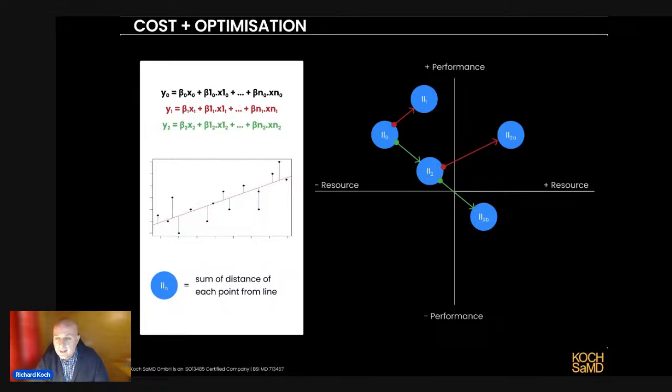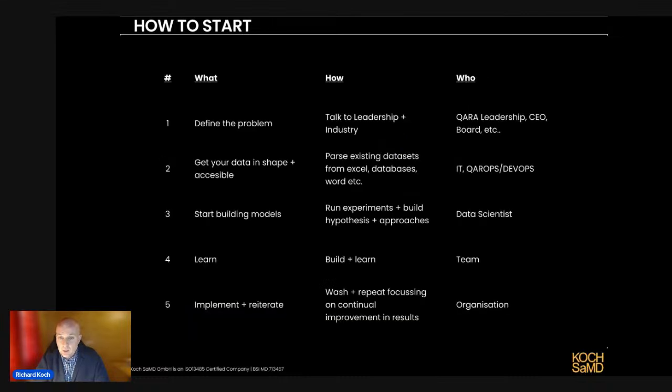And there's a lot of really good videos online which are free, and give you the code and give you the approaches, and if you're interested, you can go in and really start doing it yourself. Okay, but if you don't want to do it yourself and you're running an organization, how would you start? So again, we've got a simple 5-step process, which could be the way.